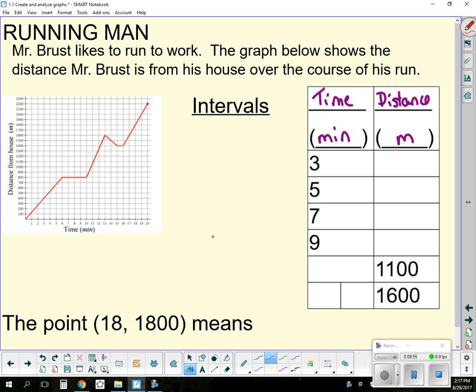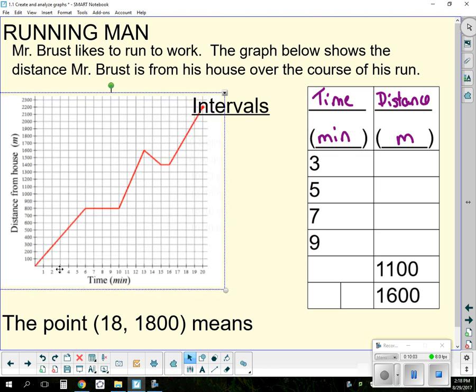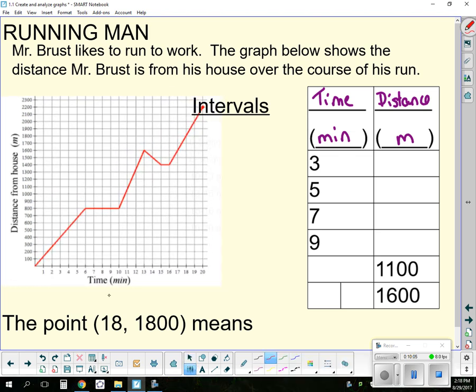Okay, let's fill out our chart. So at 3 minutes, let me make this a little bigger for us here. At 3 minutes, he looks to be exactly 400 meters. Fill that in. At 5 minutes, okay, it's not quite exact, but it's between 600 and 700, maybe a little